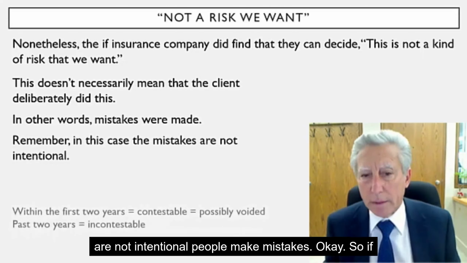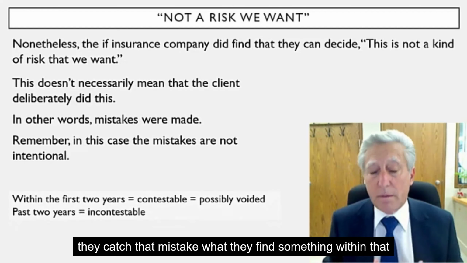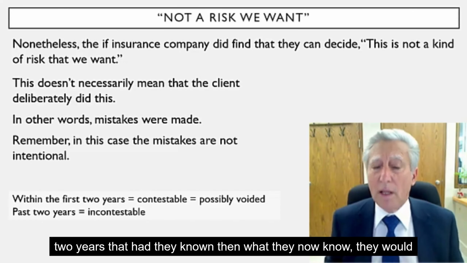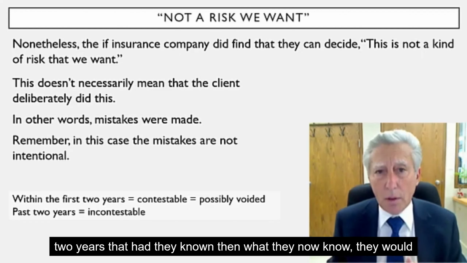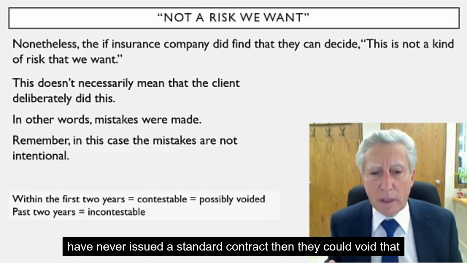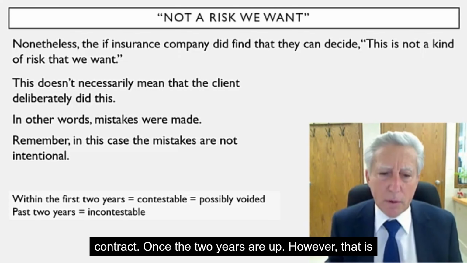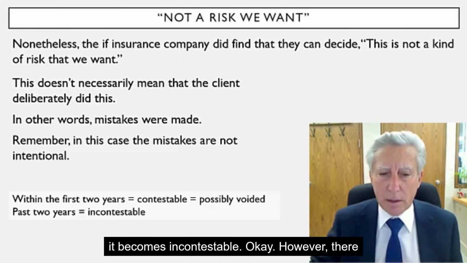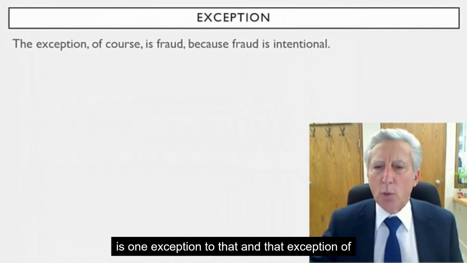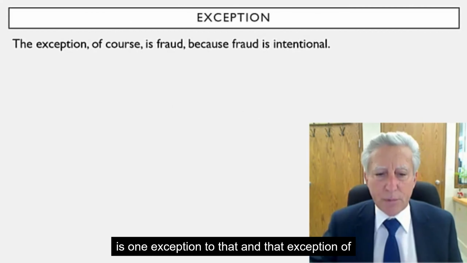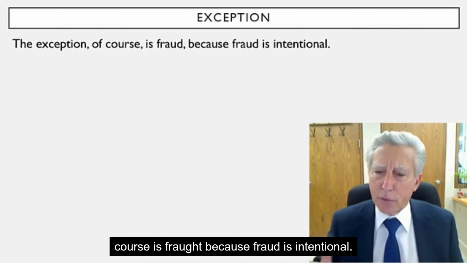People make mistakes, okay? So if they catch that mistake or if they find something within that 2 years that, had they known then what they now know, they would have never issued a standard contract, then they could void that contract. Once the 2 years are up, however, that is it. It becomes incontestable, okay? However, there is one exception to that, and that exception, of course, is fraud,